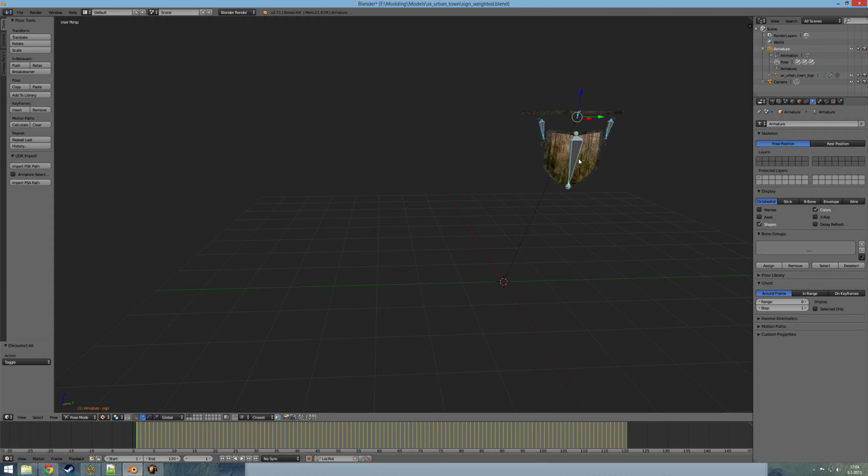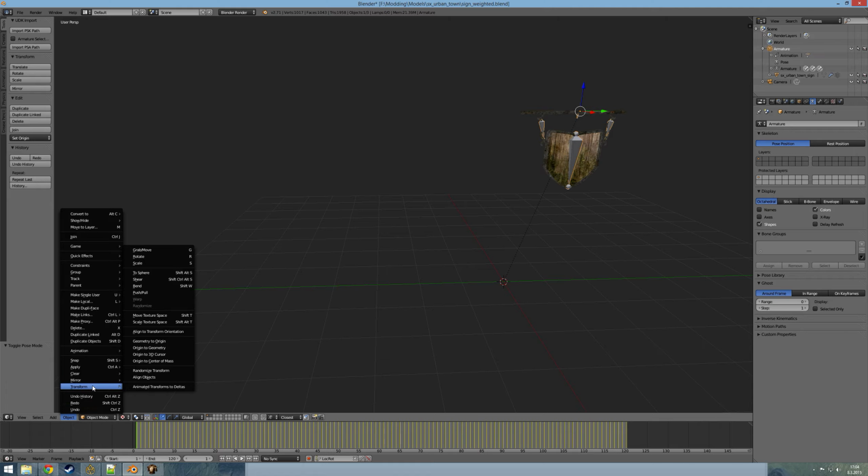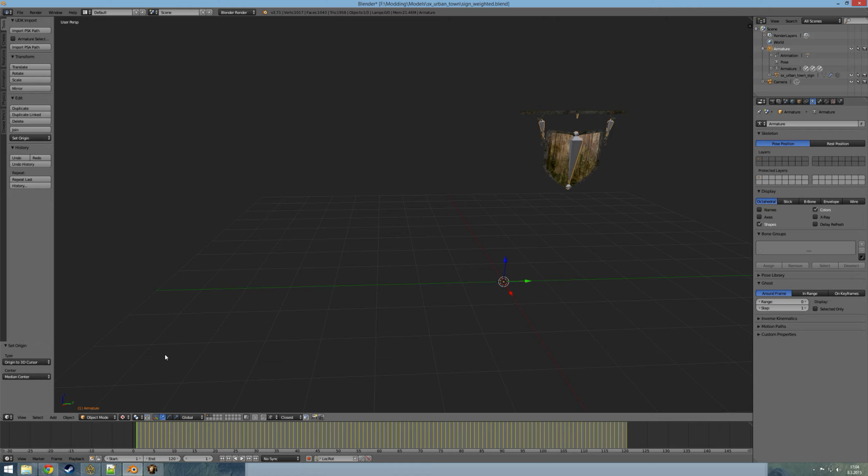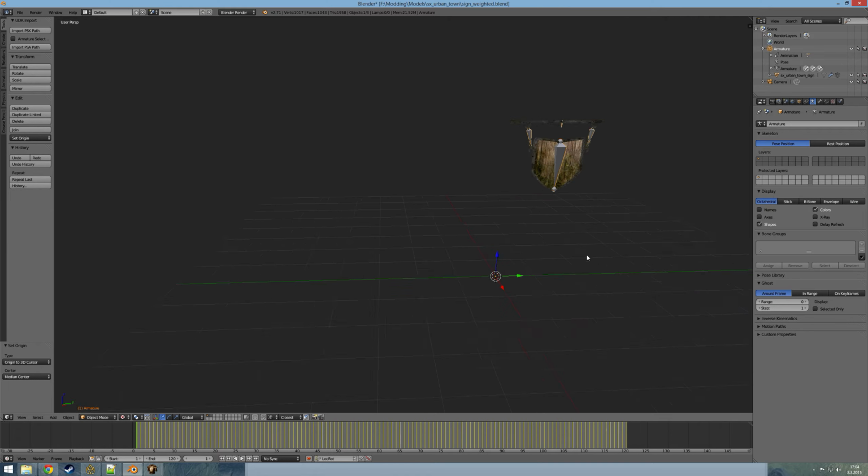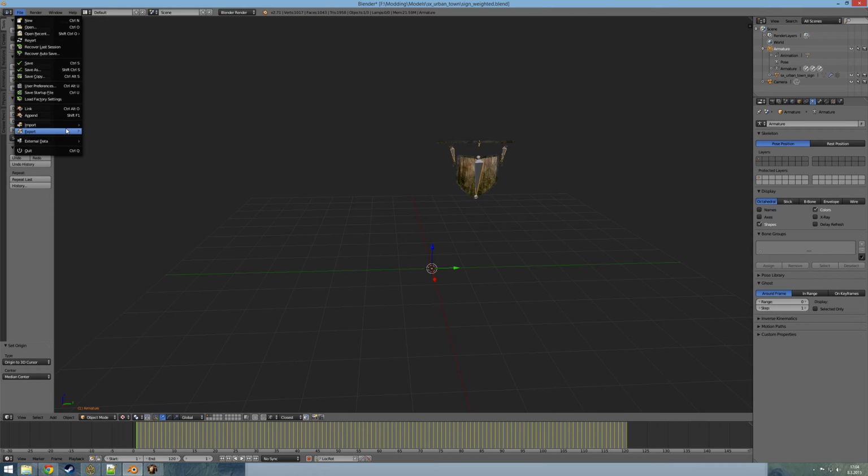We are going to select all our armature. The 3D cursor is still in the center, and again, in object mode, we're going to choose the object and move the origin to the 3D cursor, like this. So both the object and the armature have their starting origin at the center of the grid. So if I export this out again,